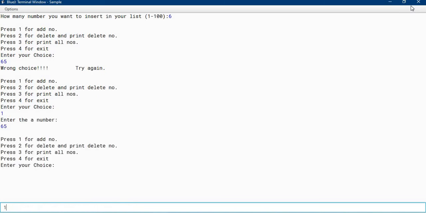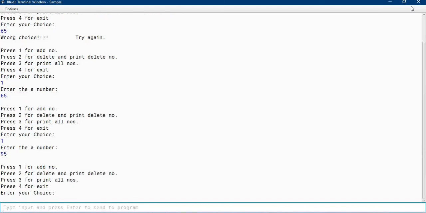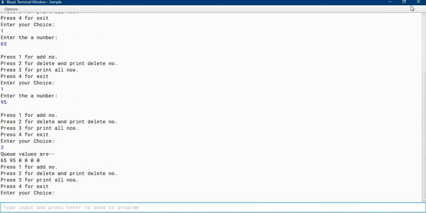Number added once again, number added 95. Next time I'll print the values, which is 3. You can see there are 2 values, the remaining portions are blank, 0 0 0. Because last time I'm printing 0, the array position, not the hyphen, that's why it's printing 0 0.